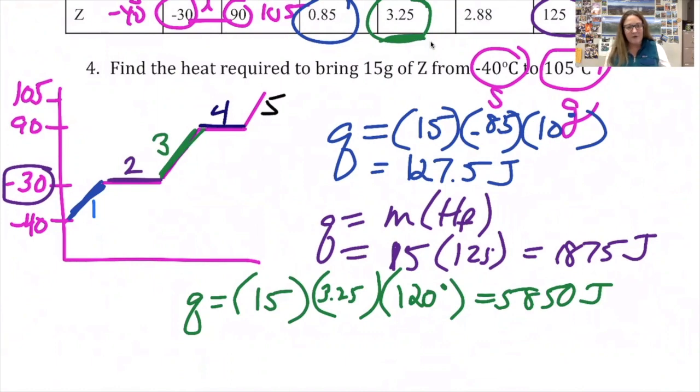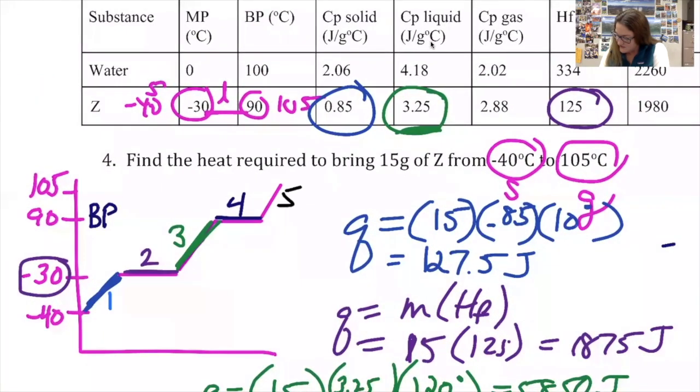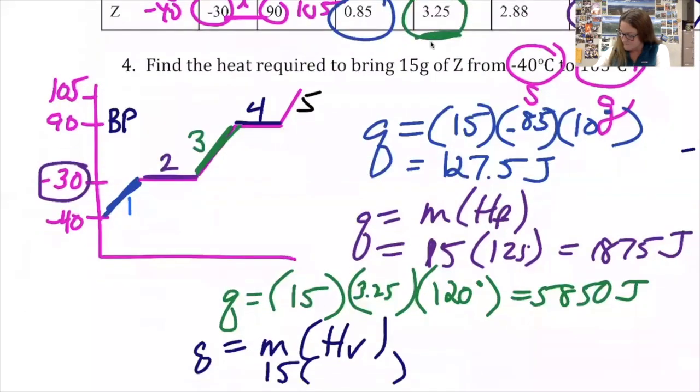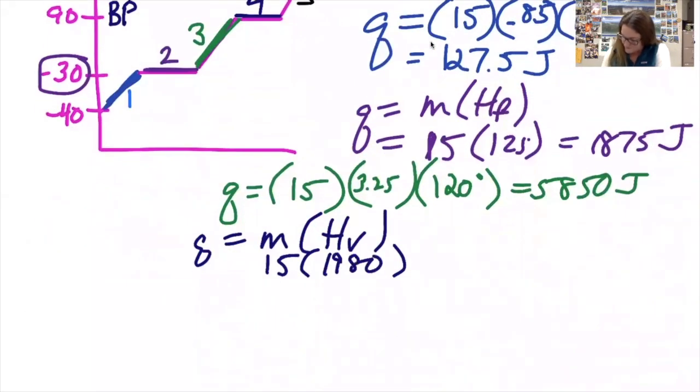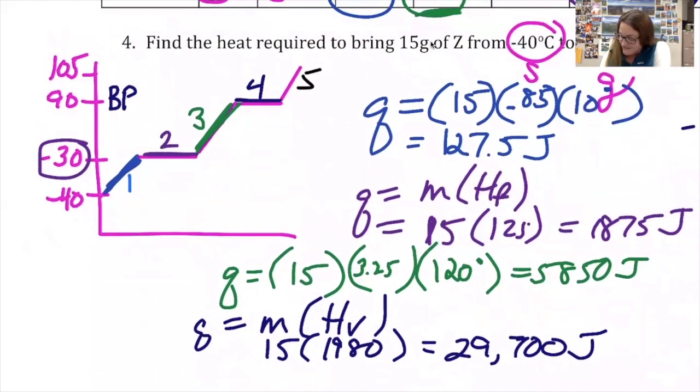Okay, my fourth step, I'm at the boiling point. So at the boiling point, I do Q equals mass times heat of vaporization. The mass is 15. The heat of vaporization is 1980. That gives 29,700 joules. All right, my last step before I add them all together is this slanted region where we're changing